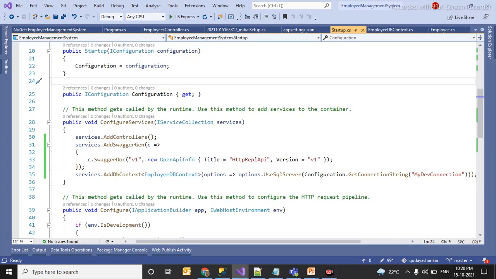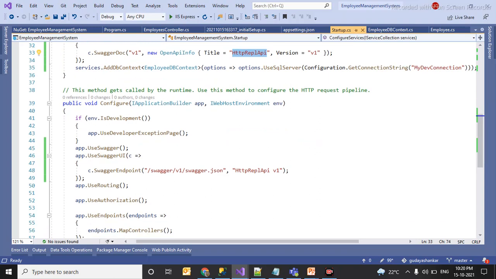You can name whatever you want here. So next thing is inside my Configure method I added two lines of code, app.UseSwagger, then Swagger endpoint I have given. This is how you can test your APIs using Google Chrome and using Swagger UI.